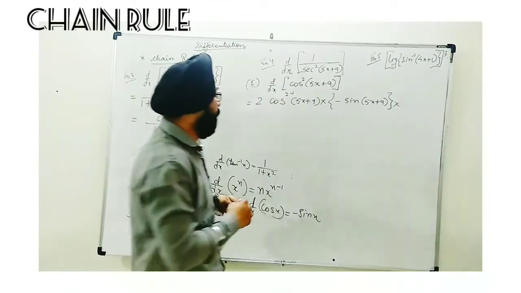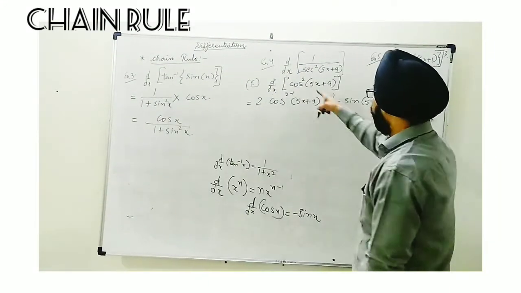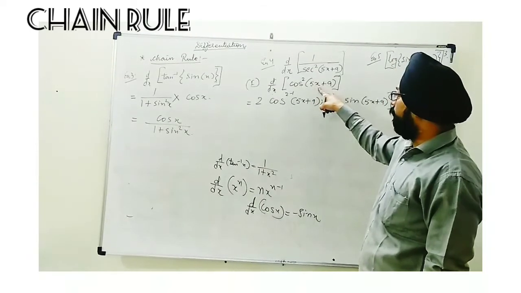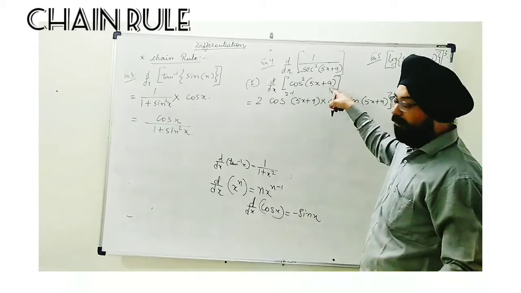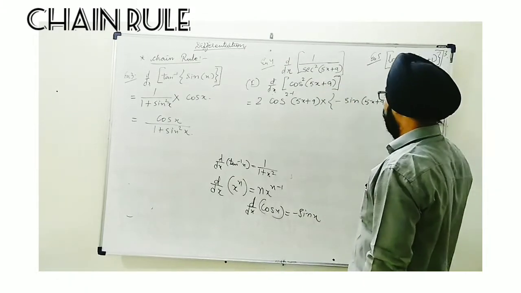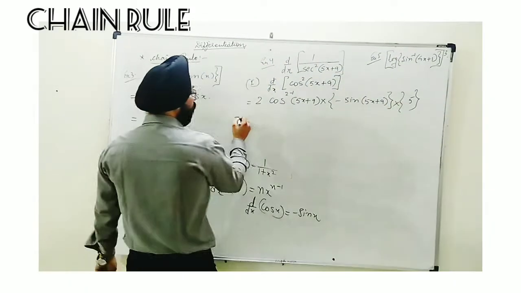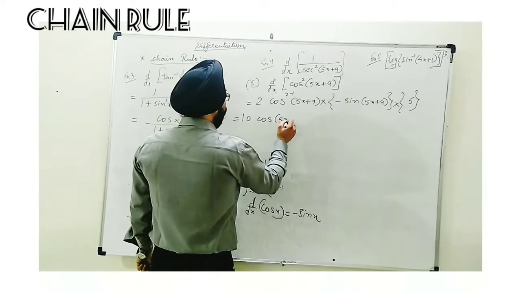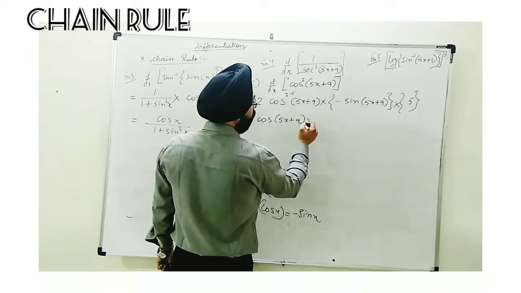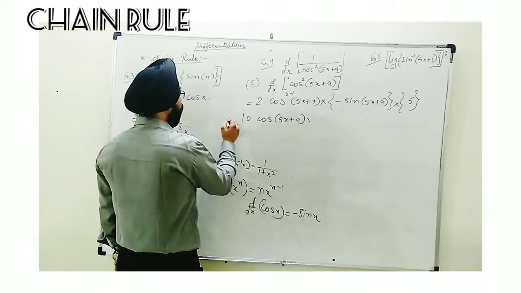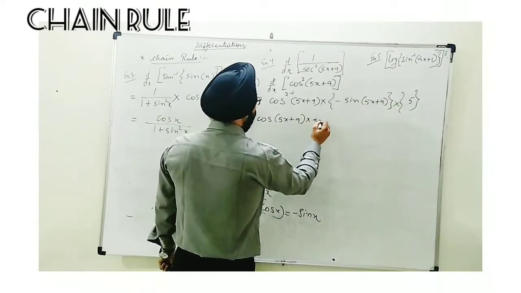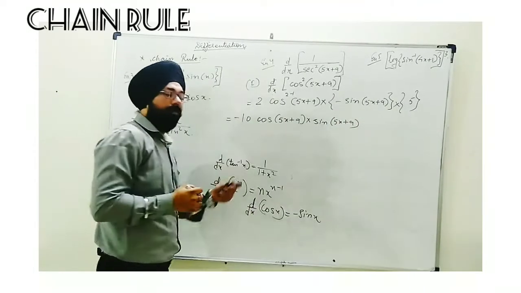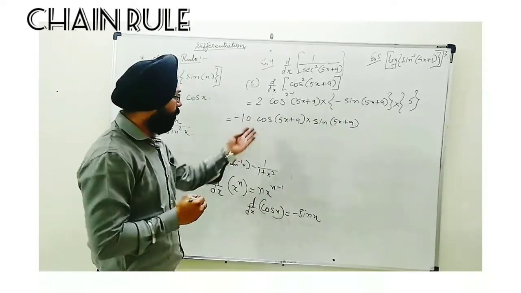This also will be operated. We get 5, differentiation of x will be 1. 5 into 1, plus 9 is alone, a constant, so 0. So finally we get 5 here. So simplifying, 5 twos are 10. Cos 5x plus 9, it's a minus sign. So this will be written as minus 10 into sin 5x plus 9 into cos 5x plus 9. This may be the final form. Further you can simplify more.